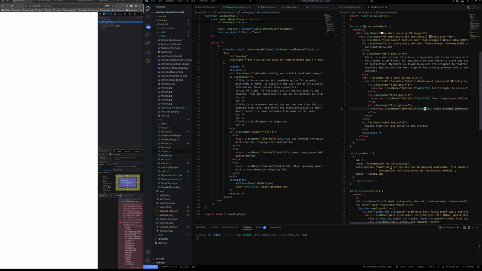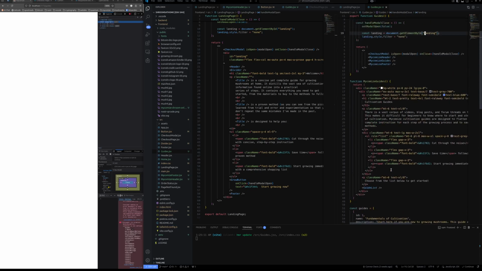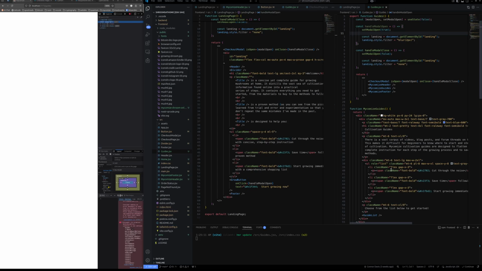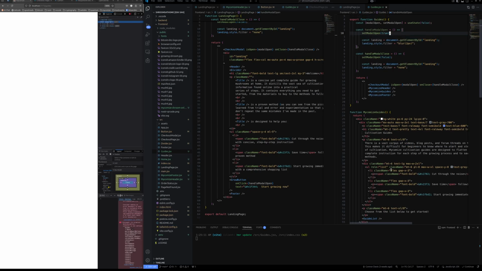I could just include the, let's see. I guess I can just pass this as a prop to mycomize guides handle modal close, or no, I need the open to be, so modal, let's see,